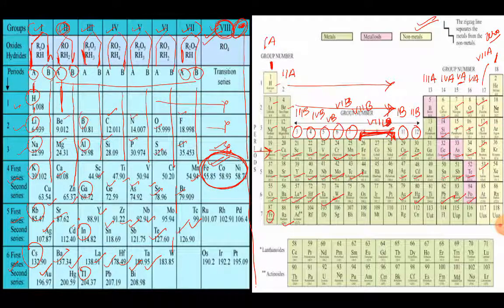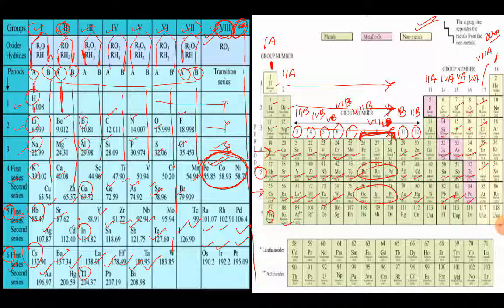Okay, I shouldn't be writing B over here. It is that triad iron, cobalt and nickel. Then see, this is fifth one. This is also fifth one. It is ruthenium, rhodium and palladium. These are the three elements over here. Then osmium, iridium and platinum, which are present in the sixth period, right?